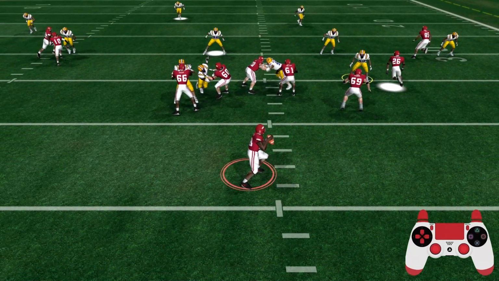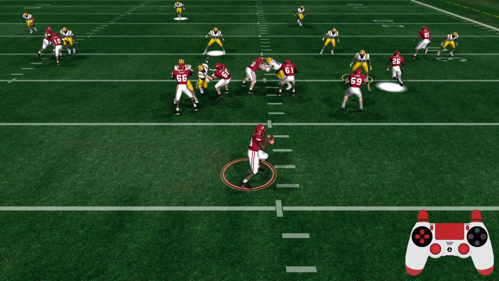I decide, hey, I could go blitz him if I wanted to. I could sit back in coverage. In this situation, I'm afraid that he's going to run the ball. So it's easier for me to go up against a right-handed quarterback, control this guy myself, and then just sit there and wait and see what he does. If he runs, I feel like I've got a better chance of making a play than that CPU spy look